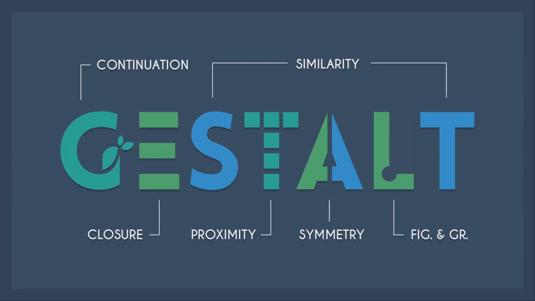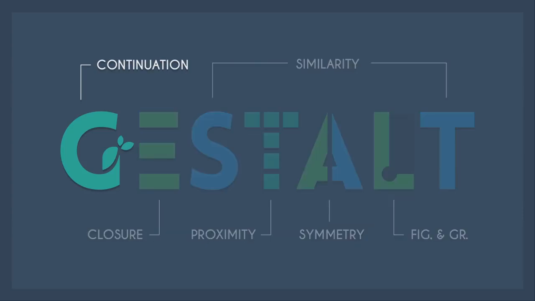Continuation, similarity, closure, proximity, symmetry, and figure and ground. We're going to dive through these one by one, and hopefully by the end of it, you'll have a better understanding of the main principles that build up Gestalt theory. Let's start with